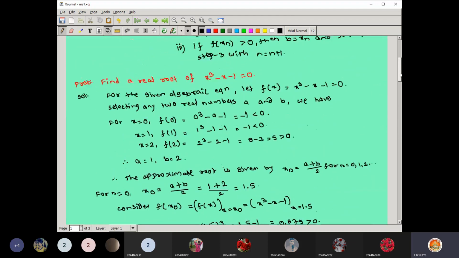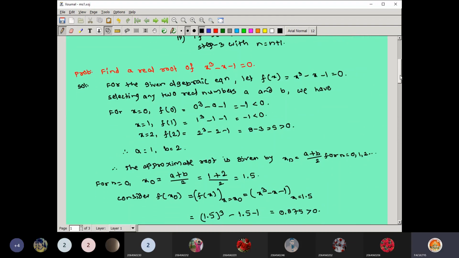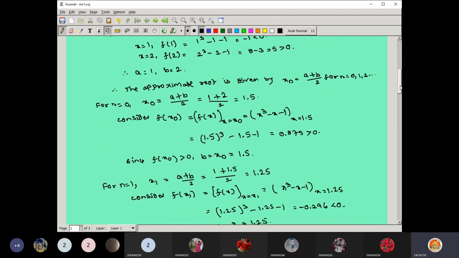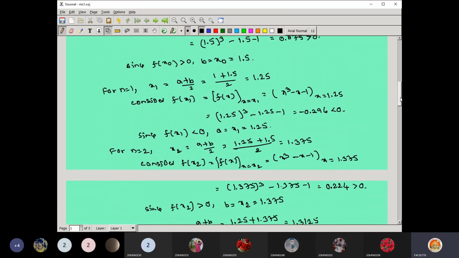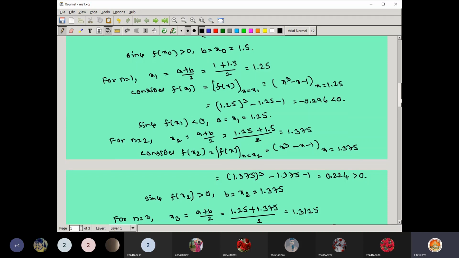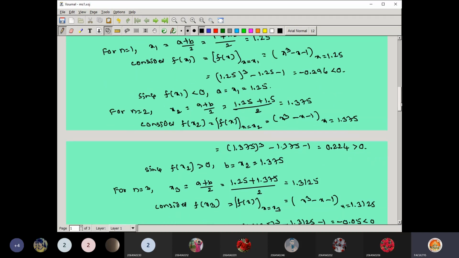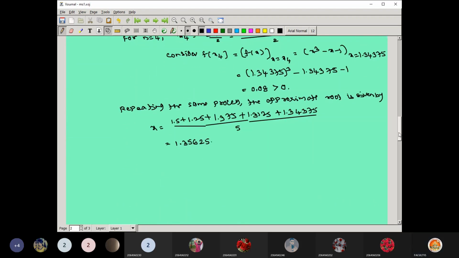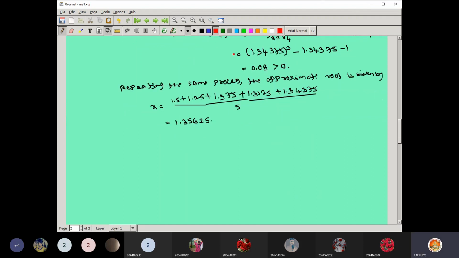This is how you calculate the root by using the bisection method. Very simple, only the calculation of A and B is important. Then you calculate the approximate root step by step. If it is equal to 0, you can stop the process. If the function is greater than 0, B changes, and if less than 0, A changes. Those are the only 2 important clues in order to use the bisection method. So for your practice purpose, I will give you one more problem also. Is it clear or any problem?